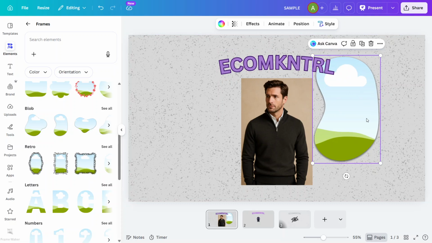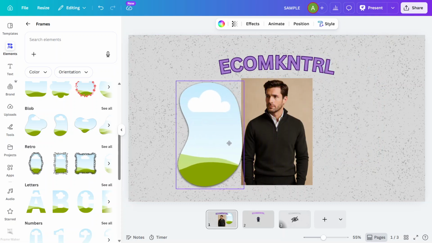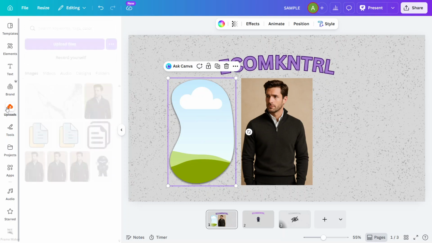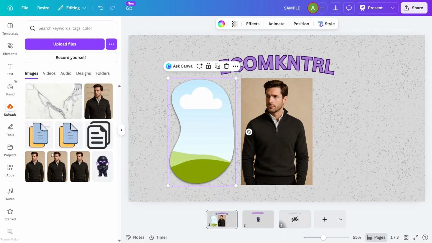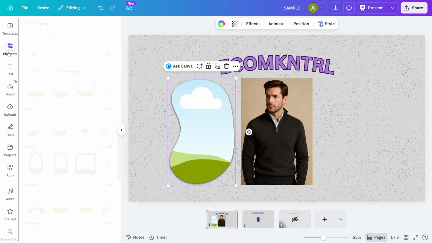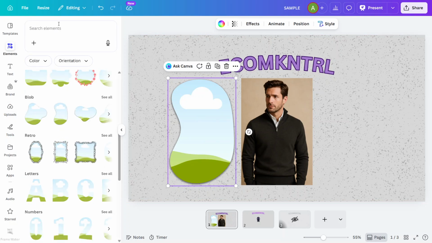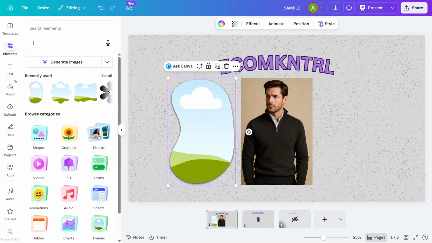Now it's time to add an image into that frame. You can use a photo you've already uploaded, or you can choose one from Canva's built-in library. To use your own image, go to the Upload section on the left and pick the image you want. To use a stock photo, stay in the Elements panel and click on Photos, or type what you're looking for in the search bar. Once you've found the image you want, click and hold it, then drag it over the